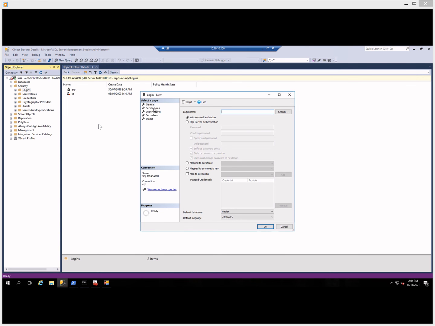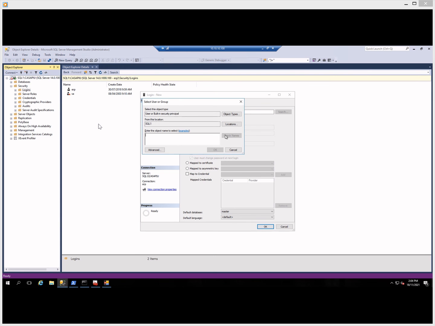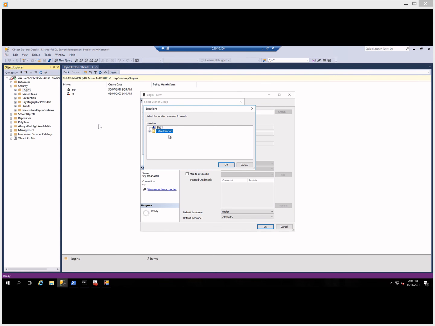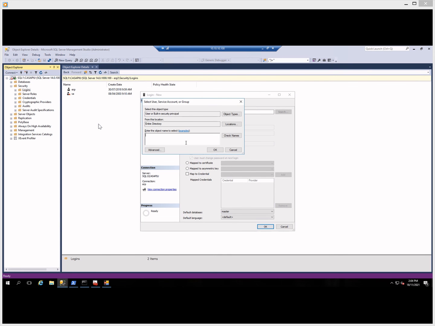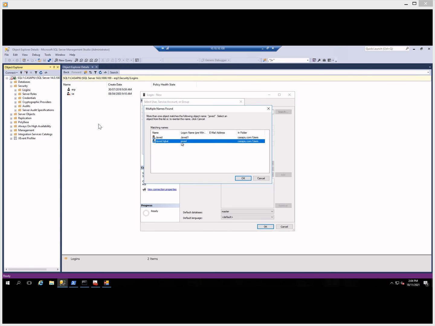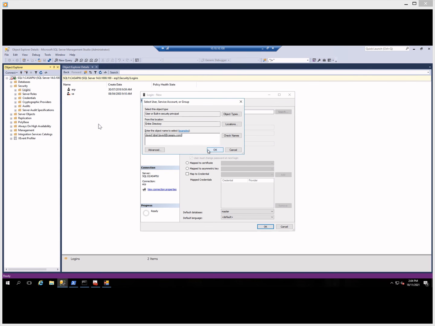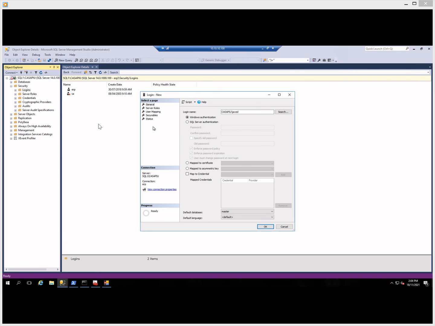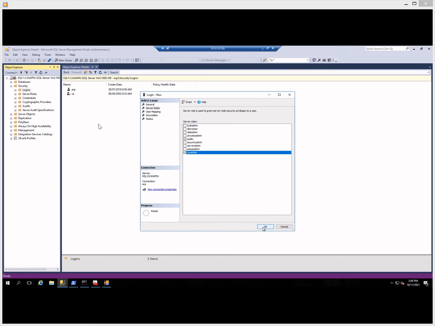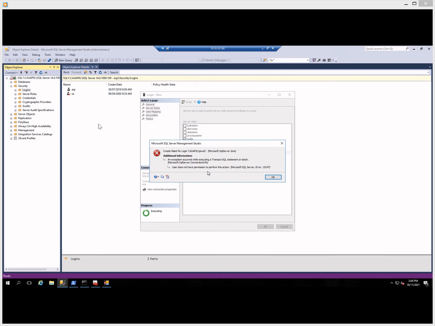So now I am helpless to do any administrative tasks because no administrative account exists. It gives an error that the user doesn't have the permissions.